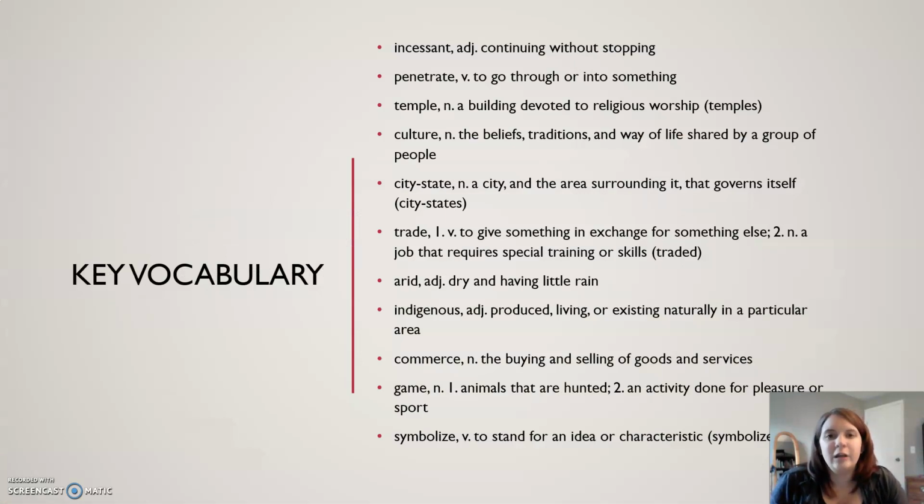Our vocabulary: incessant is continuing without stopping; penetrate, to go through or into something; temple, a building devoted to religious worship, or temples; culture, the beliefs, traditions, and way of life shared by a group of people; city-state, a city and the area surrounding it that governs itself, or city-states; trade, to give something in exchange for something else, or a job that requires special training or skills; traded; arid, dry and having little rain;